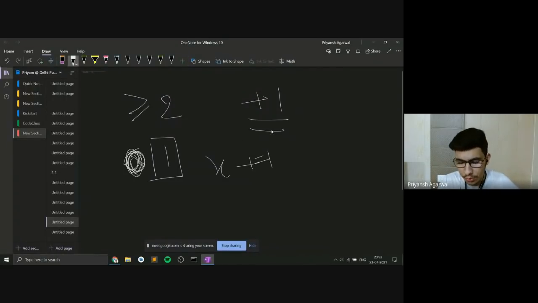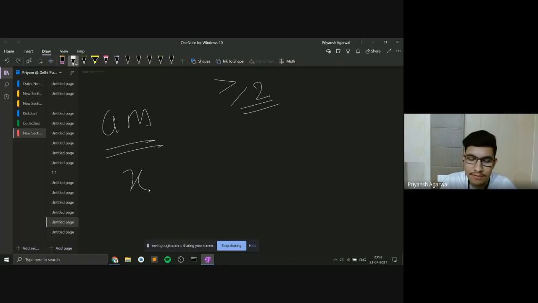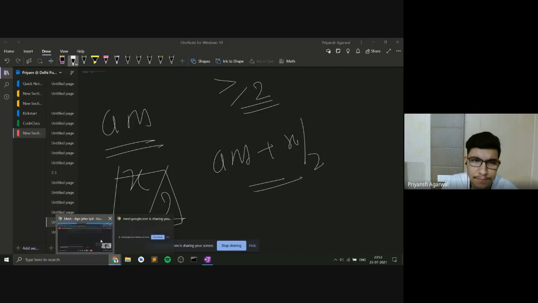At the end, the answer stores the number of letters that have a frequency greater than or equal to 2, and your x variable stores the number of letters that are unpaired. If you have x letters, you can pair them using x by 2 pairs. So your overall answer will be answer plus x by 2. I can show you my code for this quickly.